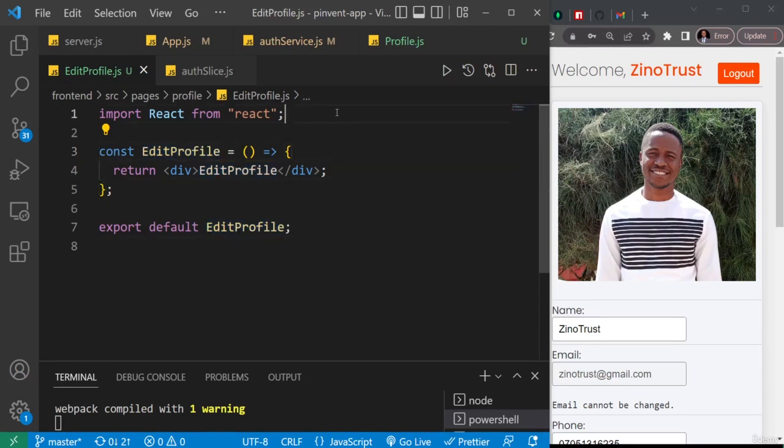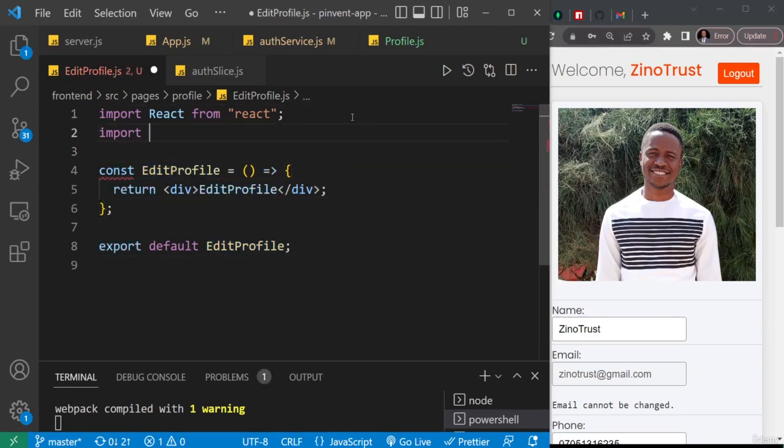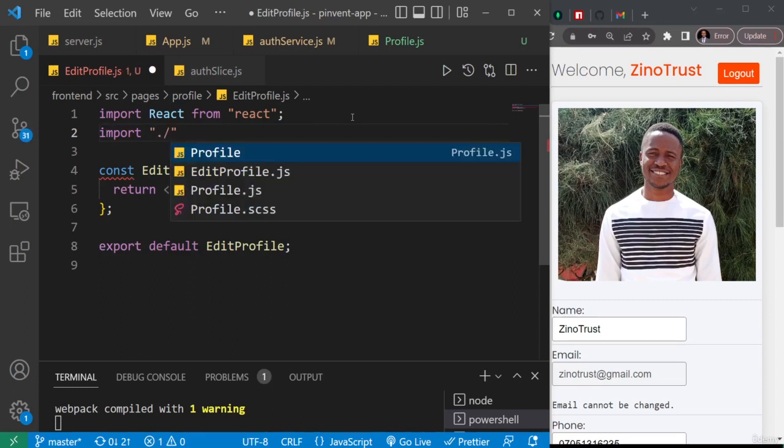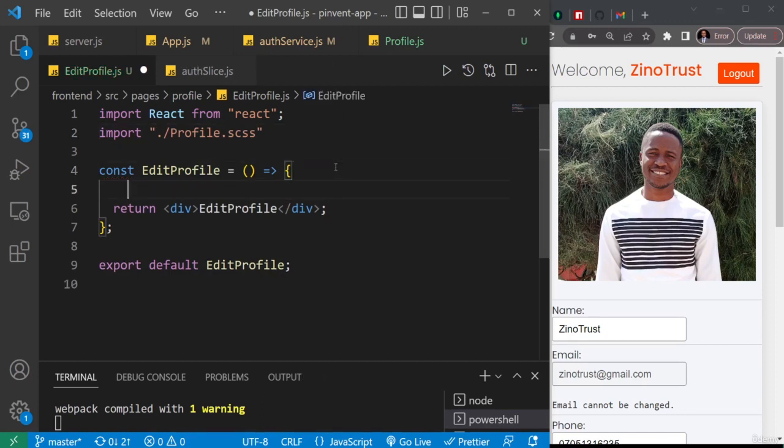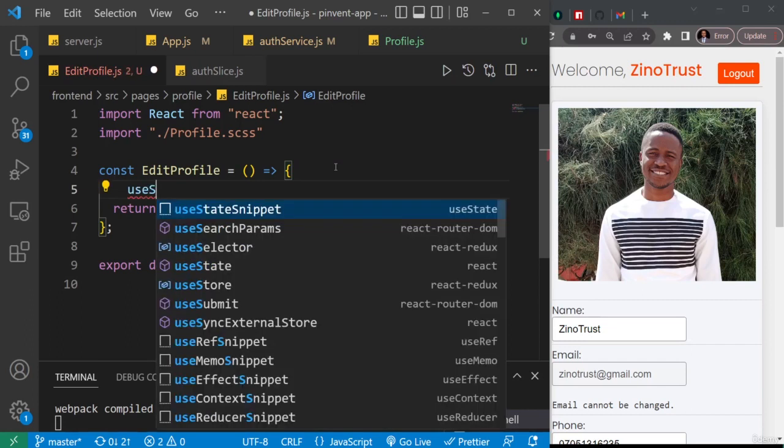So I'll just import that at the top here. So import the /, and then it's just profile.scss. Great. So now let's create some states that we'll use in this section. The first is, I'll say use state, and